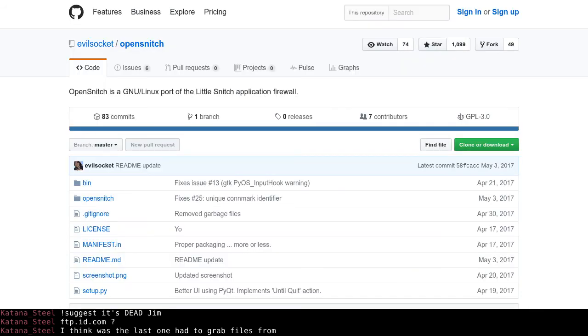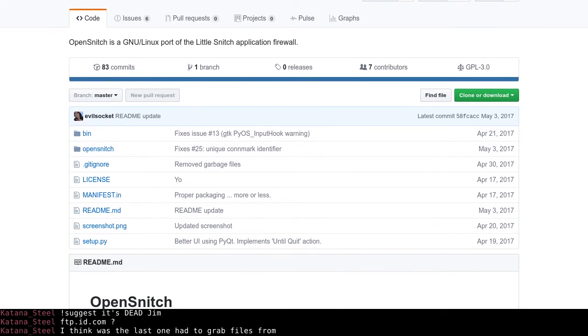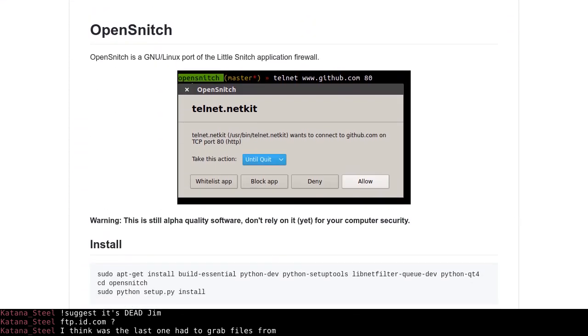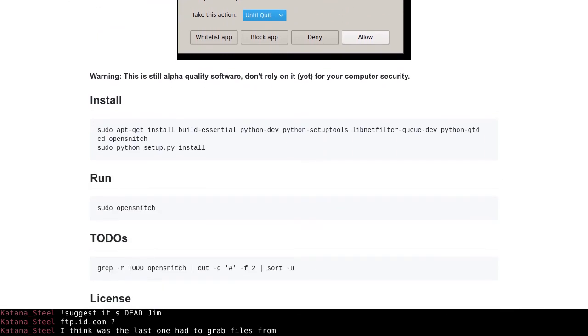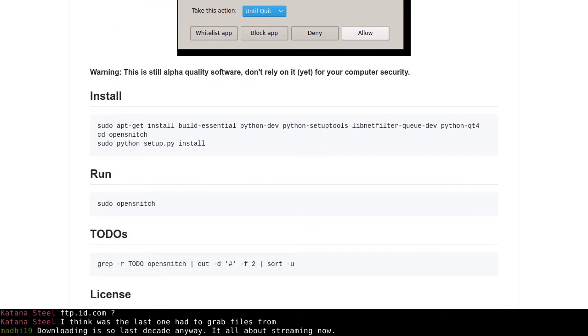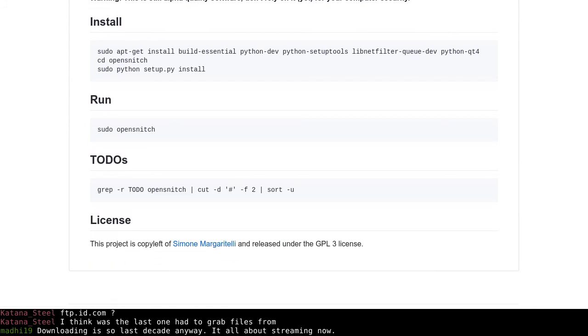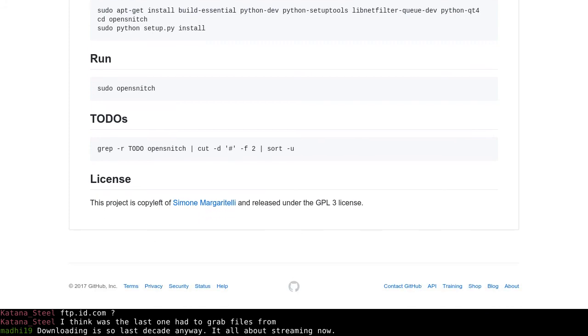Yeah. Hey man, OpenSnitch. Now this is something that I don't even know if it's currently available on Mac OS, whatever version they have, but it used to be. Yeah, it's a Little Snitch application firewall. If you install this on your Linux box, it will annoy you to death, and it'll be great. That's really all it does. I mean, this is currently an alpha version, so there's not a lot to it. You're basically going to be creating an alert for any outgoing connection application.